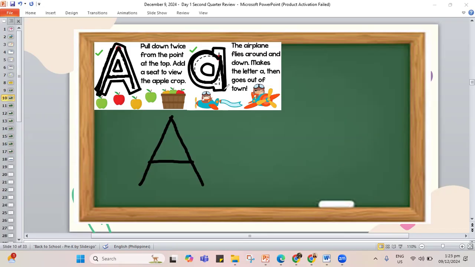Makes a letter A, then goes out of town. So on your lowercase a, how do we make it? The airplane flies around, up, and down. Makes the letter A, then goes out of town. So we have again capital A and lowercase letter A. That's how you write both letter A's.